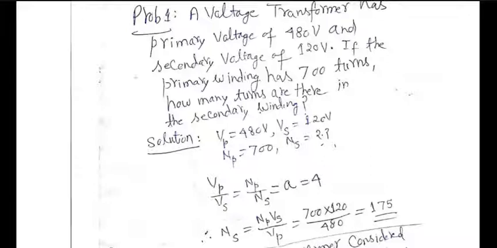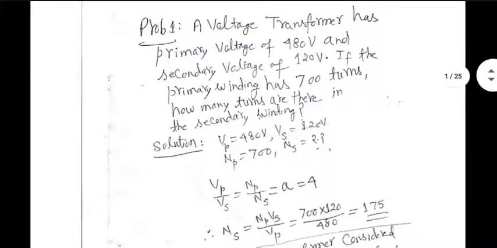In job interviews, in fact, if you tell the interviewer that you have been taught transformers, this is the kind of question he would ask you right away. One thing you should always remember, the turns ratio A is always NP divided by NS, not NS divided by NP. That is the convention most books follow as far as I have seen. So unless you see something very different, assume this.